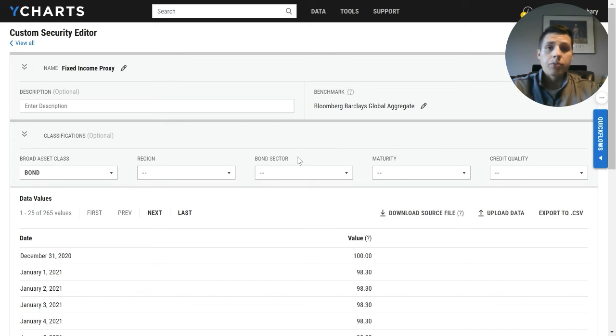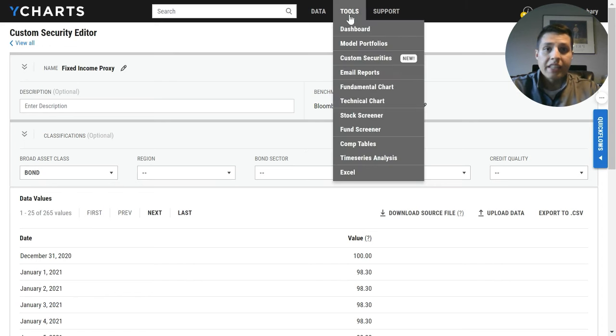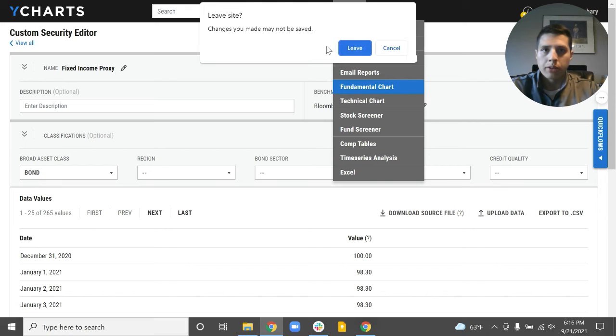And so now once your custom security has been fully built, you can actually reference this throughout the rest of the site, such as in model portfolio holdings. And an easy example of that can be seen in our fundamental charting tool,